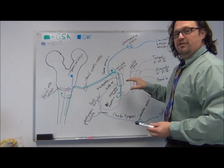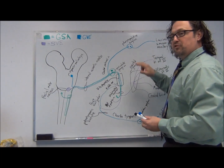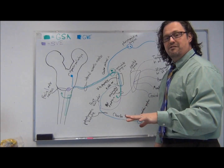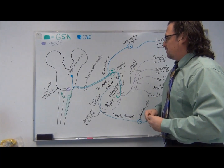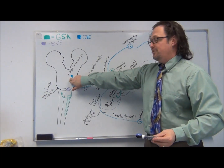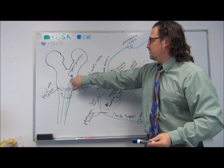And we said the sympathetics are going to jump on here as the deep petrosal nerve. That's covered in another video altogether, the autonomics of the head and neck. Refer to that one if you have any further questions. But the presynaptic cell bodies associated with 7 are always located in the superior salivatory nucleus, travel